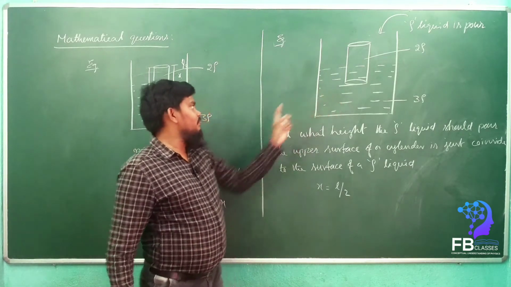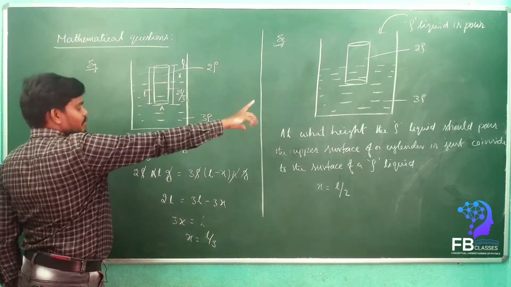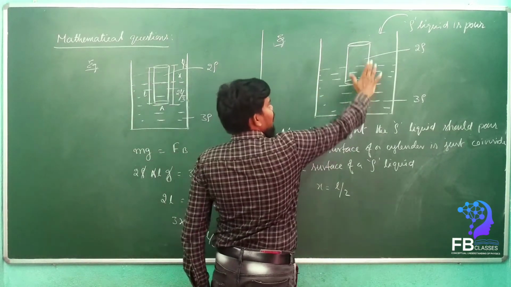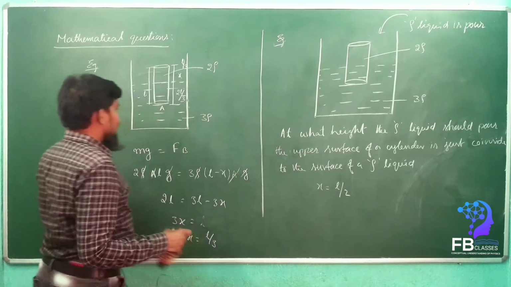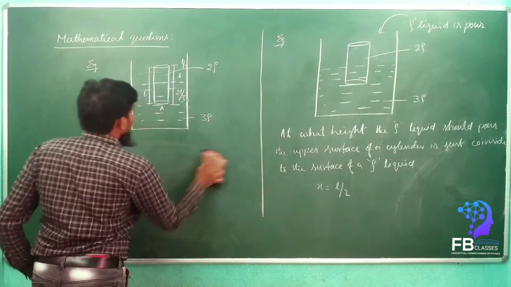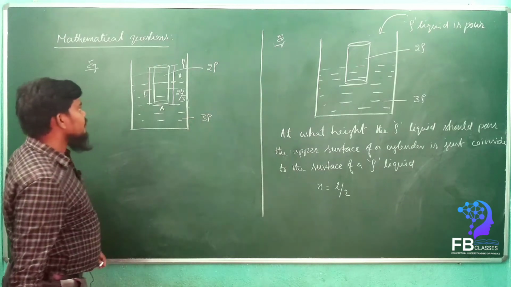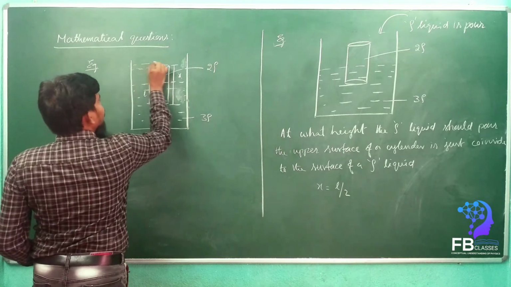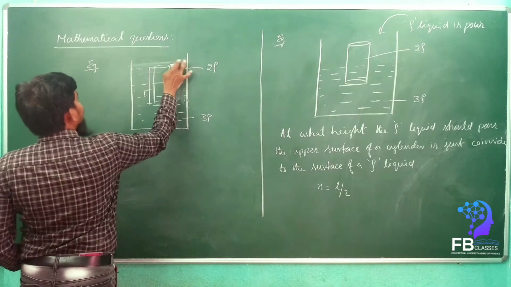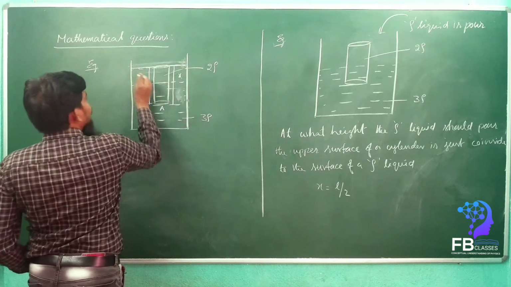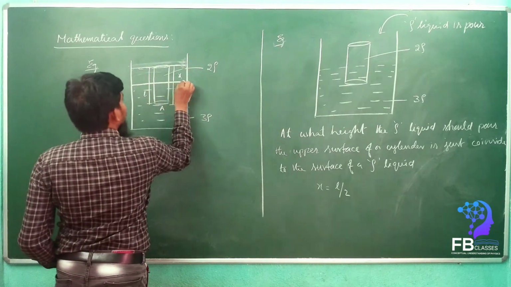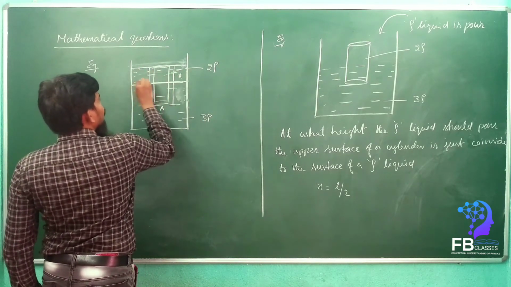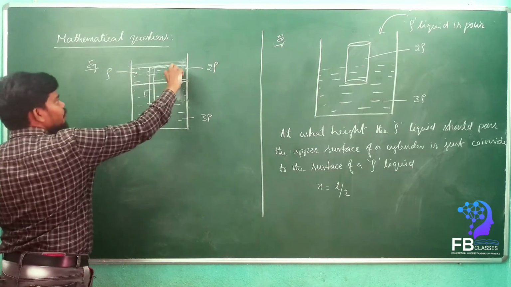If you do this problem without the rho liquid, the same problem comes as L by 3. So once we pour the rho liquid, what will happen? It will go up. So the solution is the same. See here, I am going to explain very clearly. For example, consider this is a cylinder, just touching the surface of the liquid. This lower liquid is 3 rho, and this upper liquid is rho. Now we have to find out the x value only.